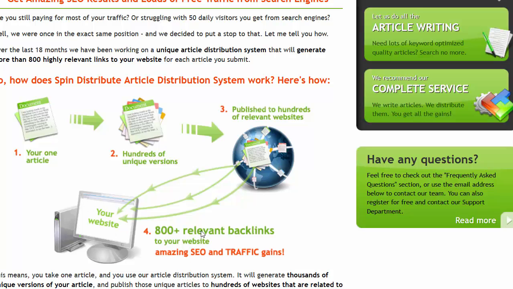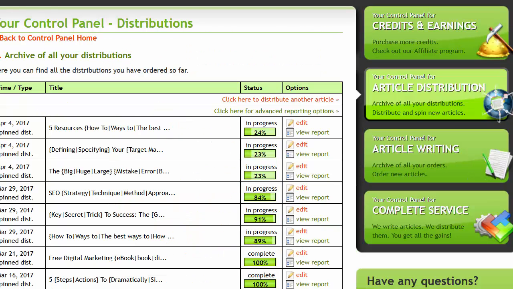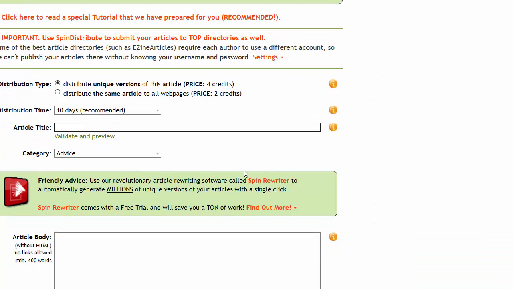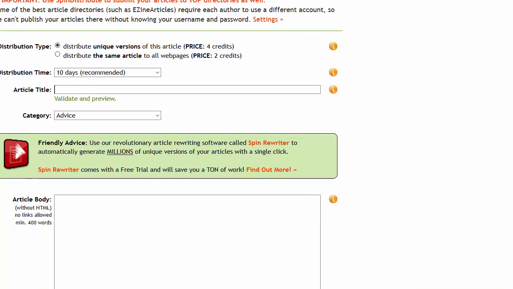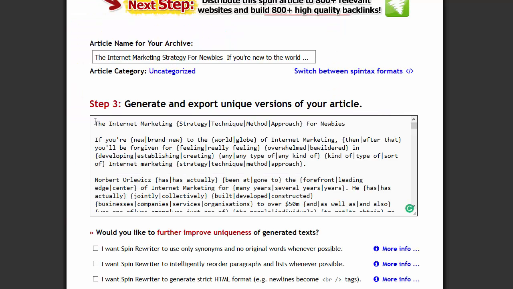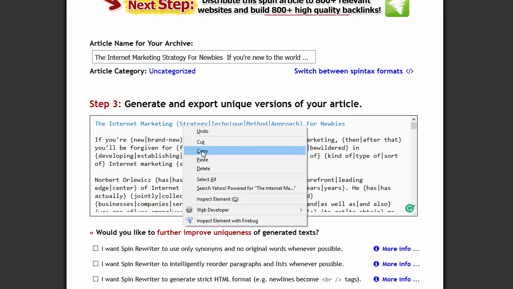Let me just show you how it works. So now we're in the area of the control panel where you can control your distributions. These are all the distributions that I've done so far. I'm going to click on where it says distribute another article, and again, a very simple process. For the article title, I go back to Spin Rewriter, highlight the title, copy it,